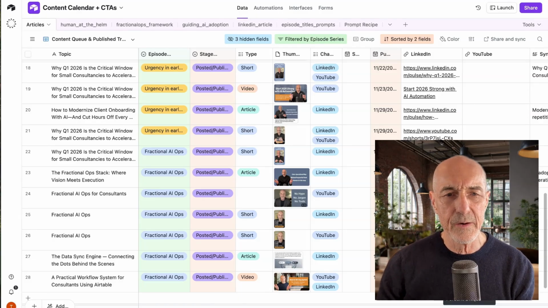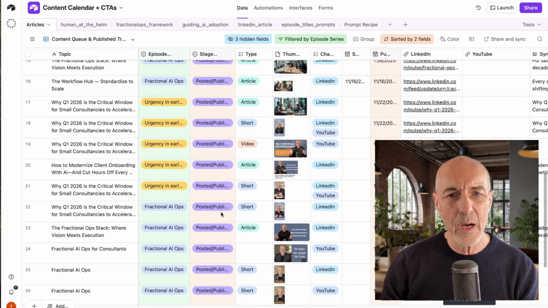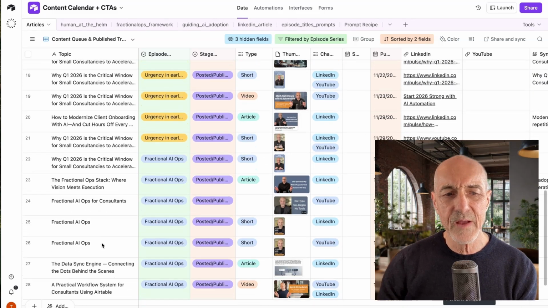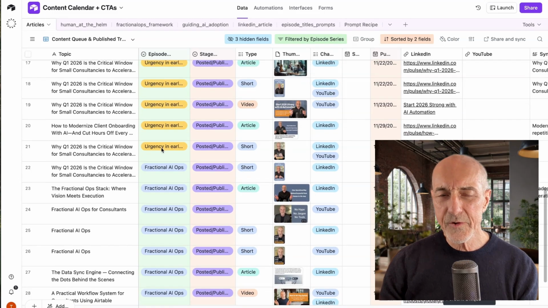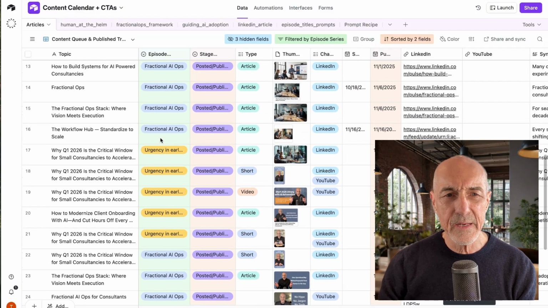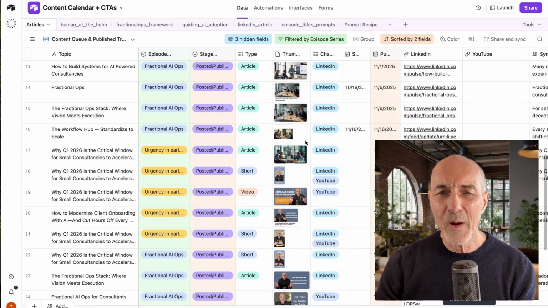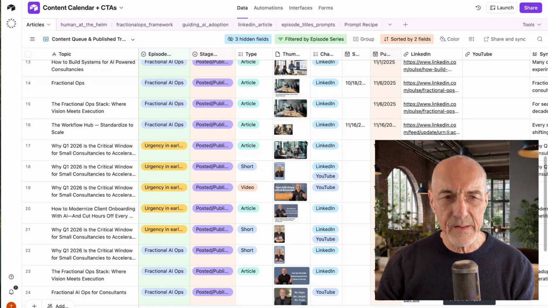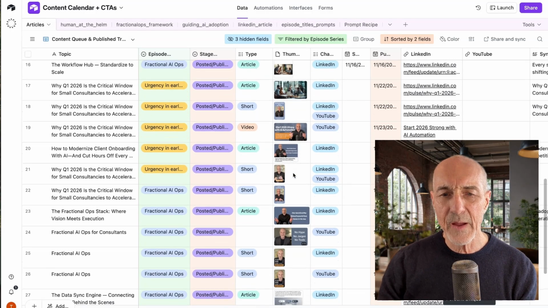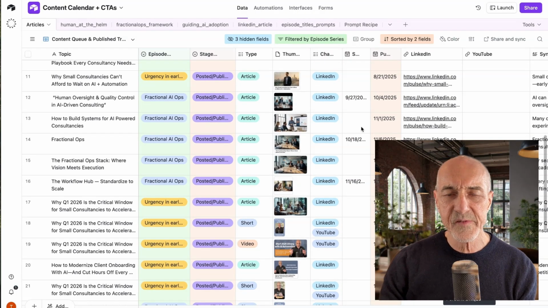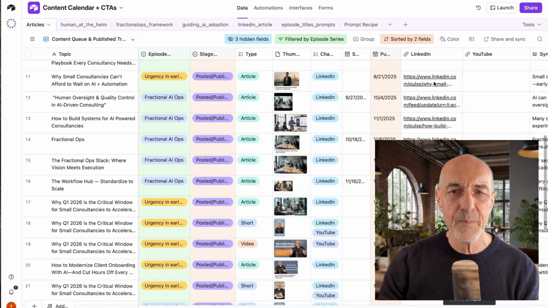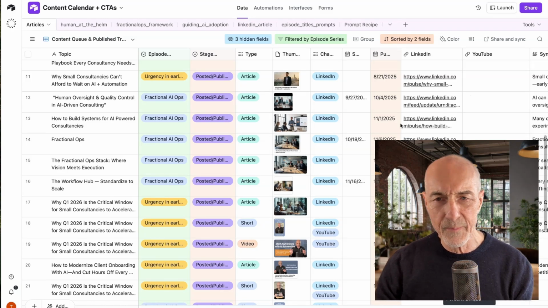What you're looking at here is an overview of what I've been publishing. You'll see I've got titles over here, and I'm going to talk about this in a minute. All of my content is in an episode type of format, like campaigns. What's really cool is that as a database, you can store images and organize your content in one place. Here you'll notice I've got my thumbnails for the content that's been posted. I also have links, and I've just added a link column for LinkedIn and YouTube, which is where I'm publishing